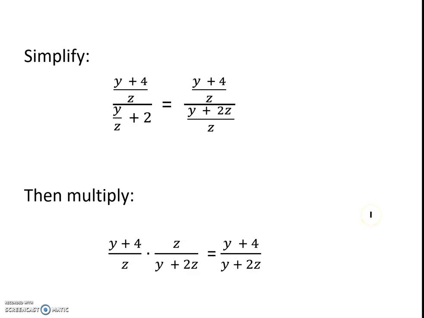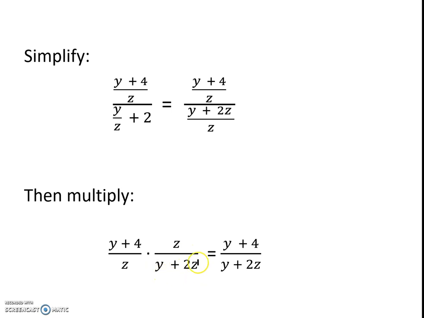Continuing on with our complex fractions, we have to get a common denominator for the denominator of our complex fraction right here, and of course that would be z. So we already have y over z, but when we put 2 over z, we have to have a 2z in the numerator. So now we have y plus 2z over z, and we know we multiply by the reciprocal,